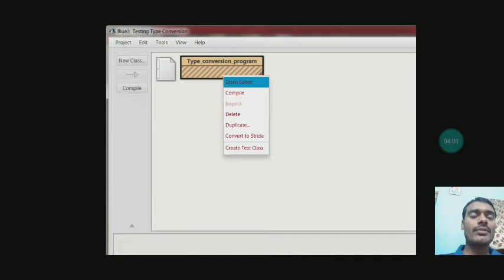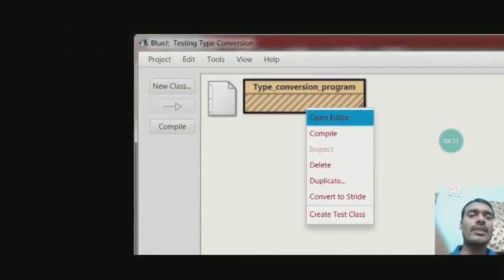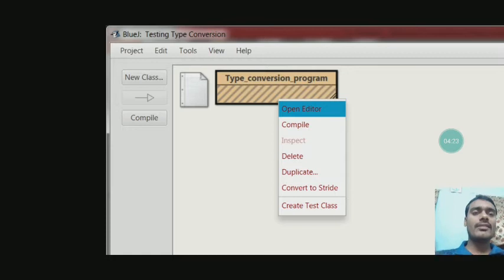Here you have to first create project, then you will create the new project, and you have to write the project name and select the location, click on OK. Then you have to create the class. You have to click on new class, you can see, and then you have to write the class name and click OK.